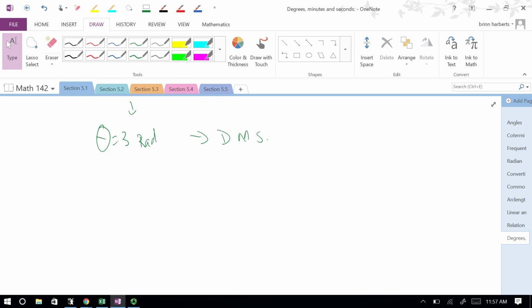So I first need to say, okay, 3 radians. Need to use a multiplying factor to change it from radians to degrees. I know that I want to have radians on the bottom because I want to reduce the radians out. And I know that pi radians is 180 degrees. Okay. So I get 3 times 180 over pi, which is